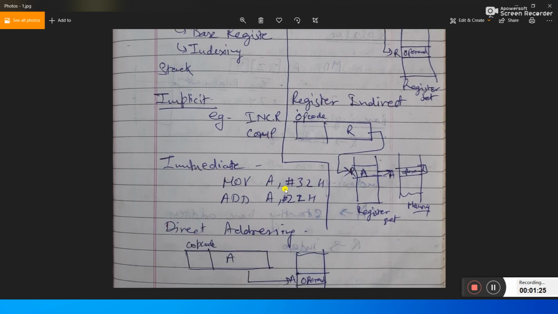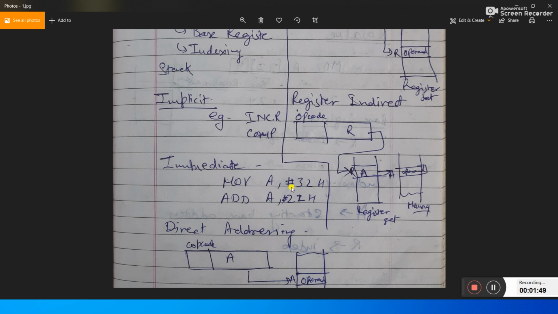Immediate addressing mode means the data will be directly transferred to either a register location or a memory location. So we can move the direct data to some register location or some memory location.